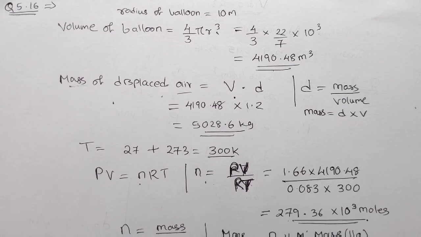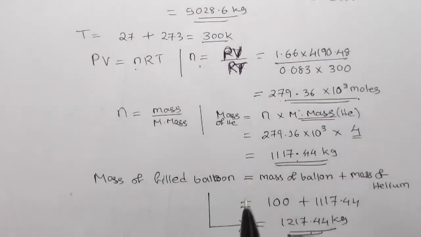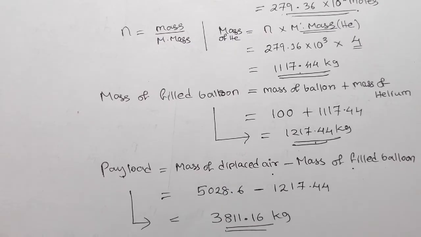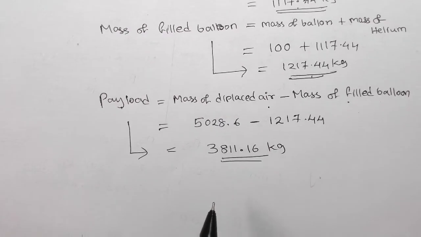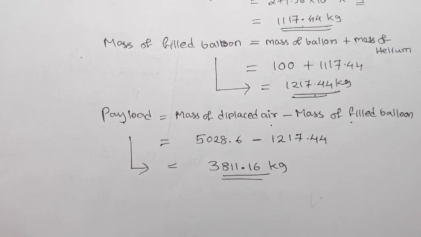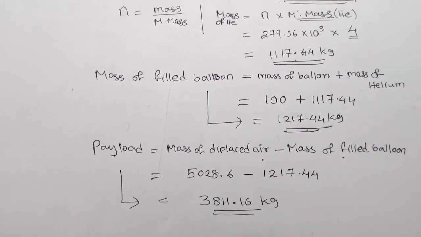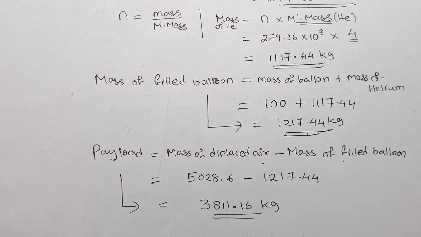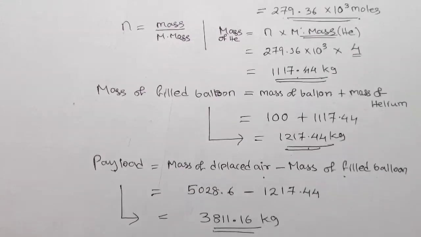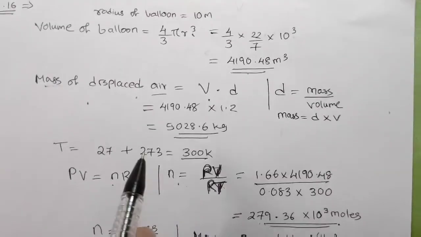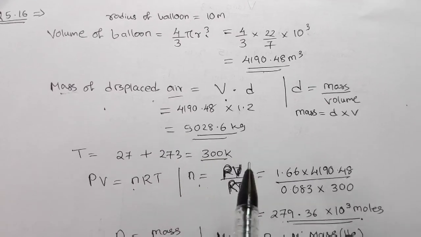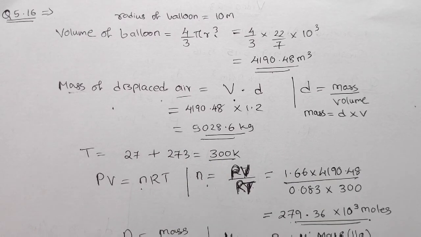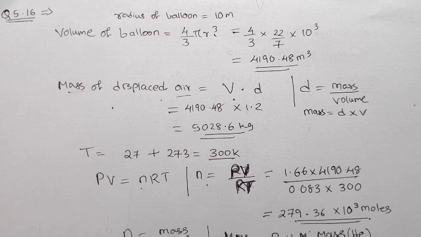Next time we will be continuing with the other numericals of your textbook, that is 5.17, 18 and 19. So till then we will stop here. You can go through this and write down all these numericals in your fair book without fail. This numerical is very interesting, for hot air balloons and all. Now this payload you can easily calculate by doing this. So we will stop here. Next time we will continue with the remaining numericals.